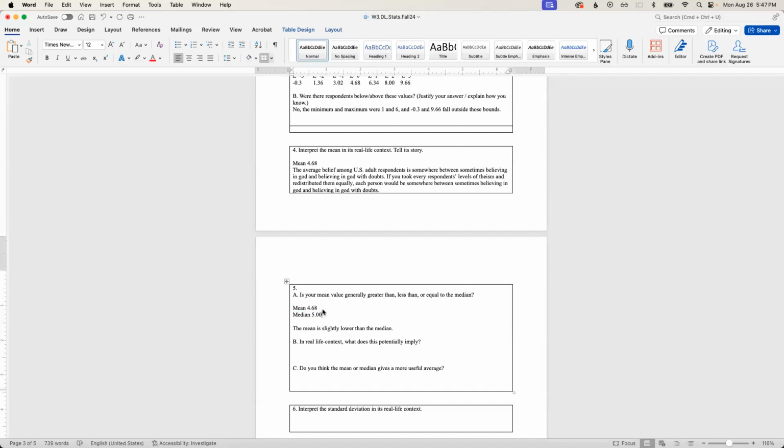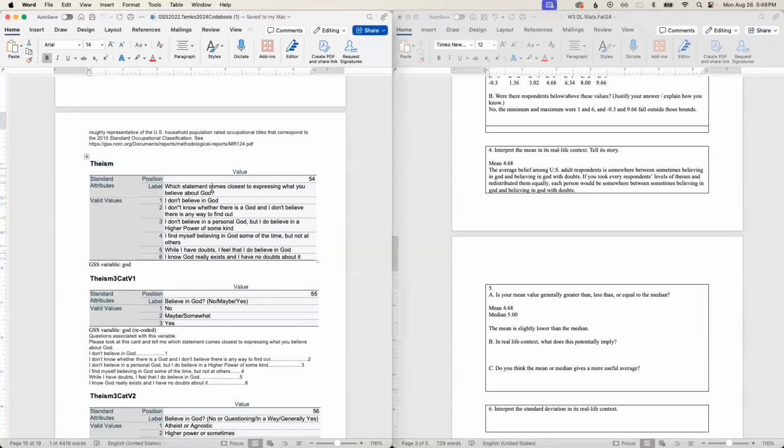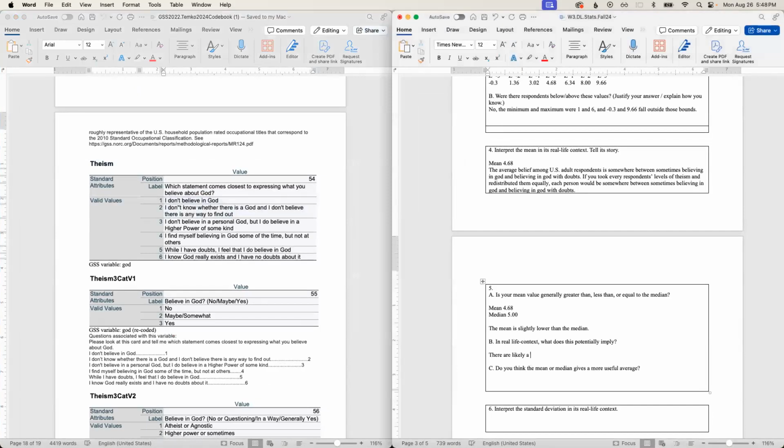And so for the mean, though, we're taking everybody's theistic beliefs, right? And we're redistributing them. And so that's going to take into account extreme values. So if the mean is lower, that means that there are some values on the lower end that are pulling the mean down, whereas they're not pulling the median down since they just get crossed out. So it's not an equal distribution in that way. And so if we look at our data set, we can see that the lower ones are not having belief in God. And so there are likely a